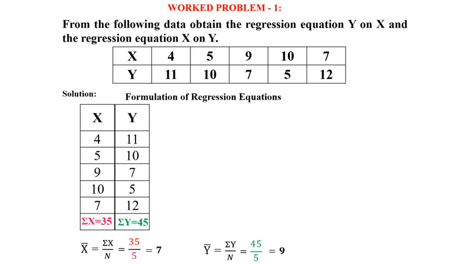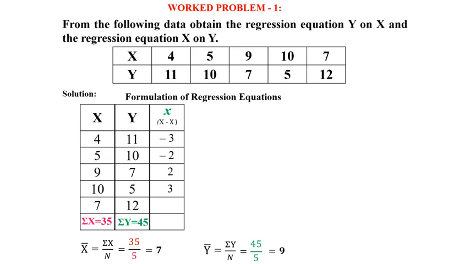Next step is to find out small x. Small x is x minus x bar. Okay, so 4 minus 7 is minus 3, 5 minus 7 is minus 2, 9 minus 7 is 2, 10 minus 7 is 3, 7 minus 7 is 0. So I told you in the correlation